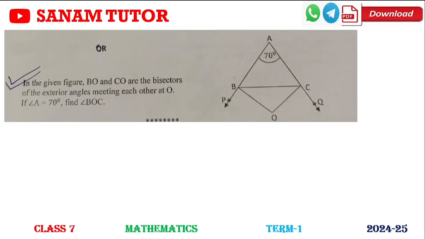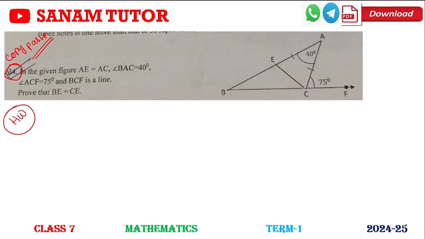First you find this angle by the exterior angle property. This is 75 minus 40, 35. We should prove B, E and C are collinear. So this and this will be proved, meaning this angle must be equal to this angle. Now we find this angle. This is 40, so this angle is equal. 180 minus 40 is 140. So 140 by 2 means this is 70 and this is 70. So 70, 75, this is 35.